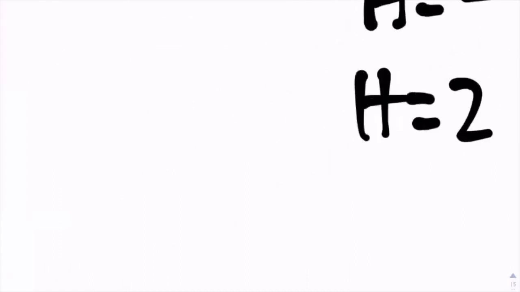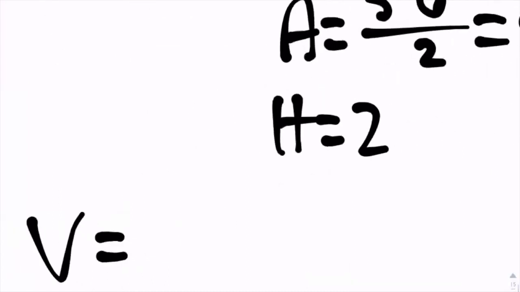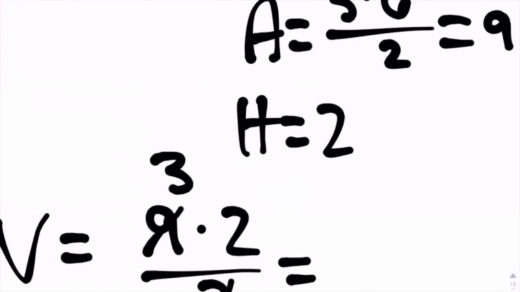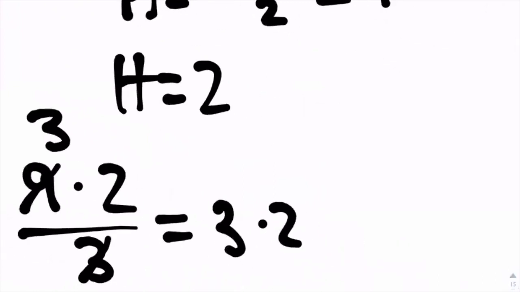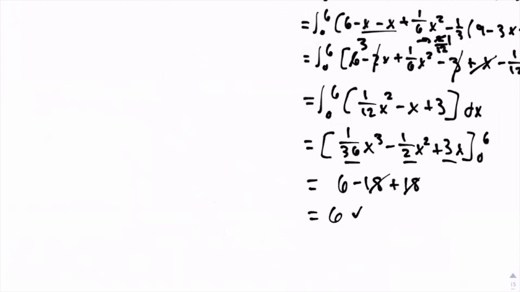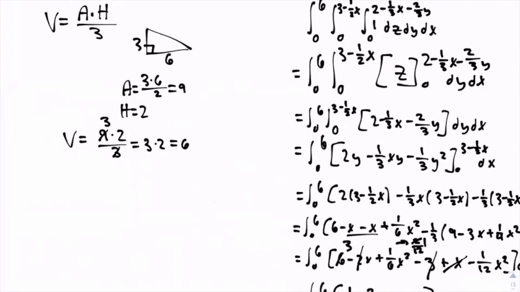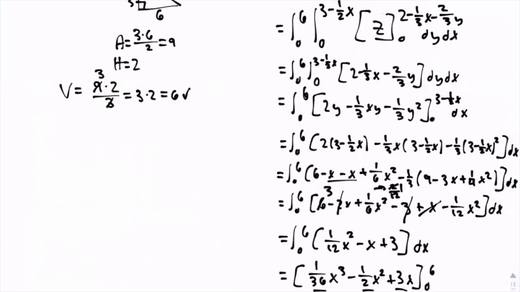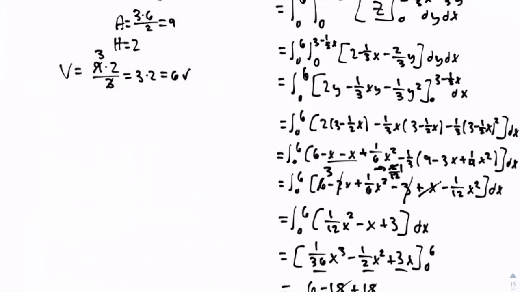So in order to find the volume of our tetrahedron, we can simply do 9 times 2 divided by 3, cancel out by a factor of 3. 3 times 2 is equal to 6. And lo and behold, our answers check out, meaning that via our verification, we got our answer right, which is